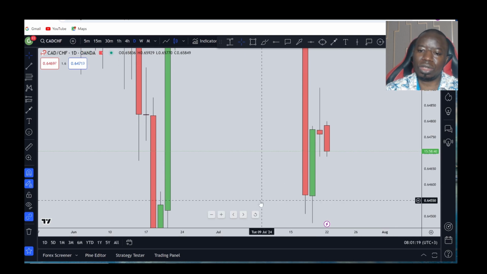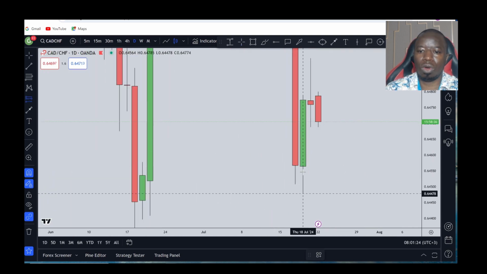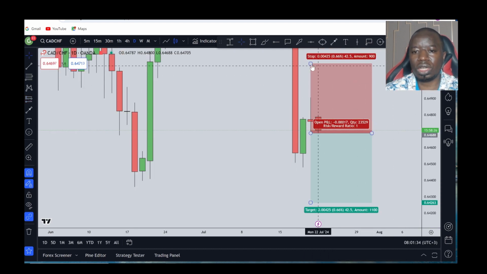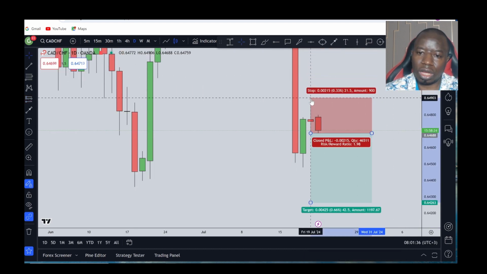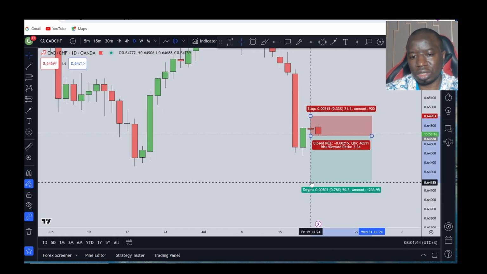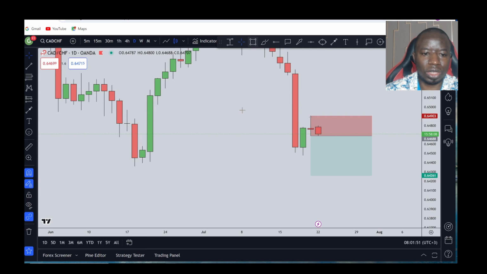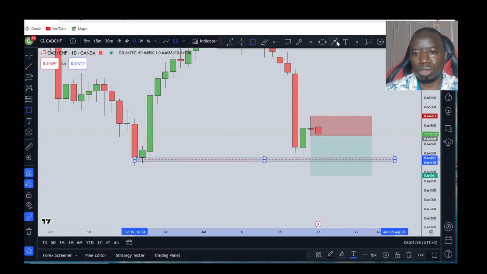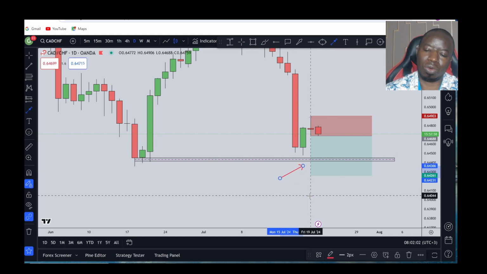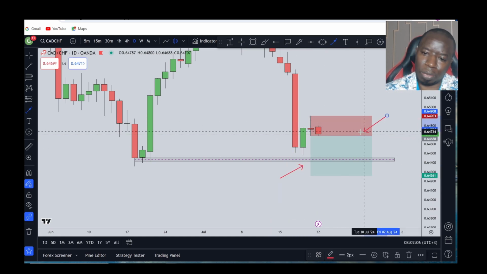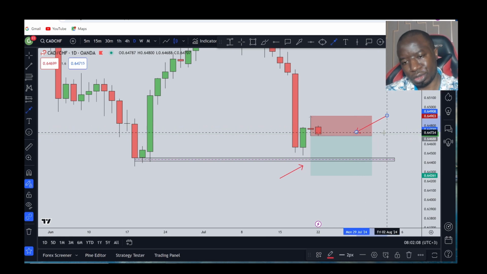Now, if you want to trade the higher time frames, when I look at this candle here, at the break of its low, you could look to take a trade with a stop loss at the high of the pin, and you will take profit at least twice as much as you have risked. But once price comes to this area here of support, then you will look to manage this trade. One of the ways to manage the trade is that you could close out part of the position, move your stop loss to break even,